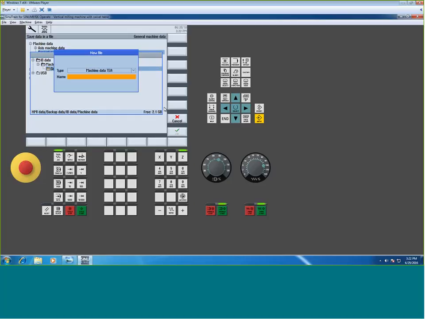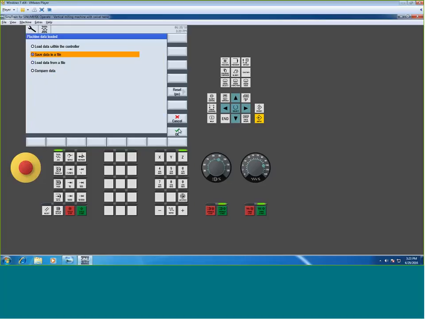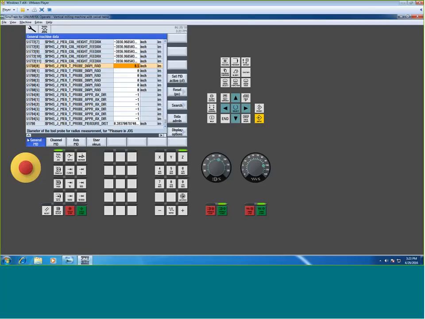So as you drop it in, and I'm just calling this general machine data, oops, caps lock on, is what I'm going to call it, general machine data number 1. Just some file name for you. It'll put the .ta in. So once you build this and it says the data was saved successfully,